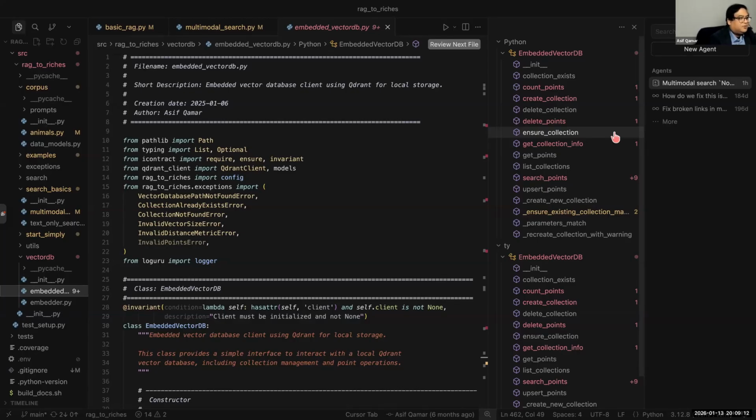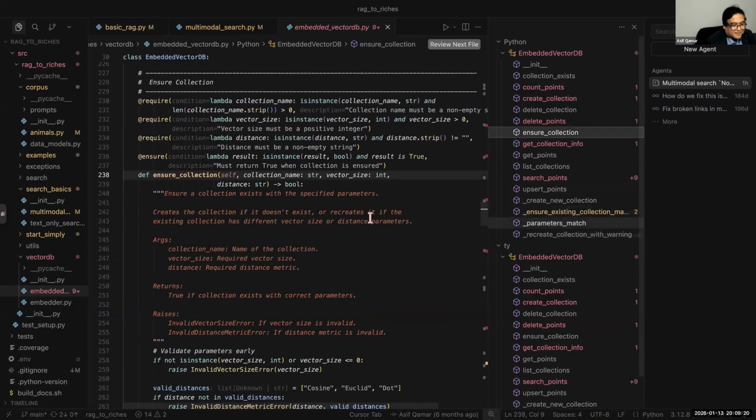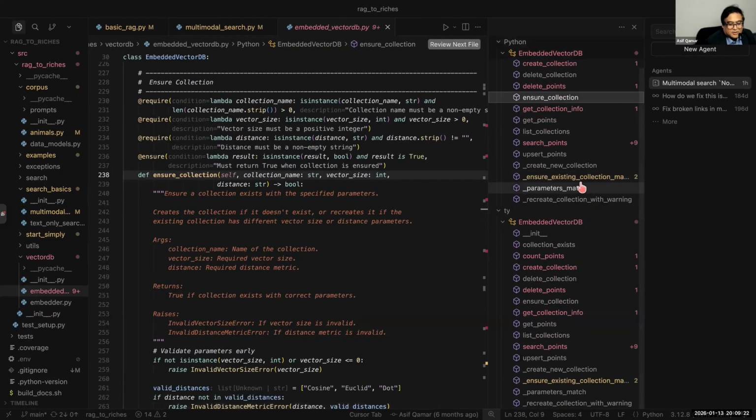Like you say, okay, here's a point. If the ID matches, forget about the previous point. Replace it with this. Right? Why would you do upsert? Because what may happen is that wherever your document is, the ID may remain the same, but somebody may have edited the text or the image. So you want to do an upsert operation. So far, so good, guys?